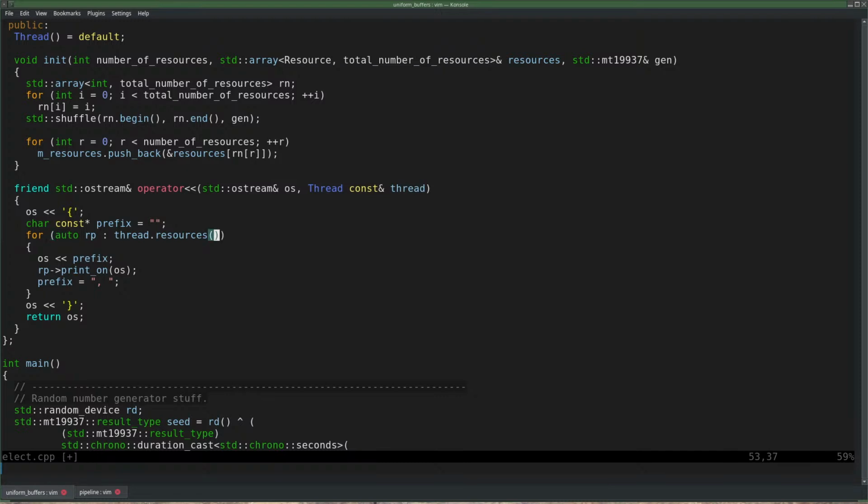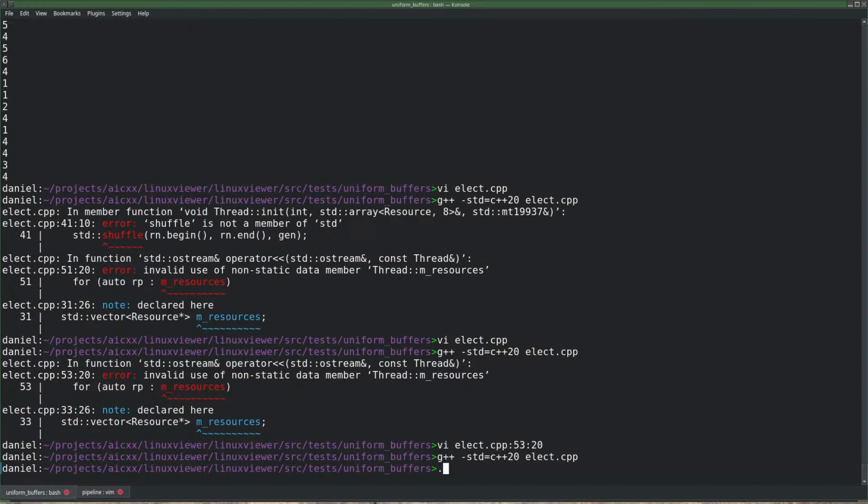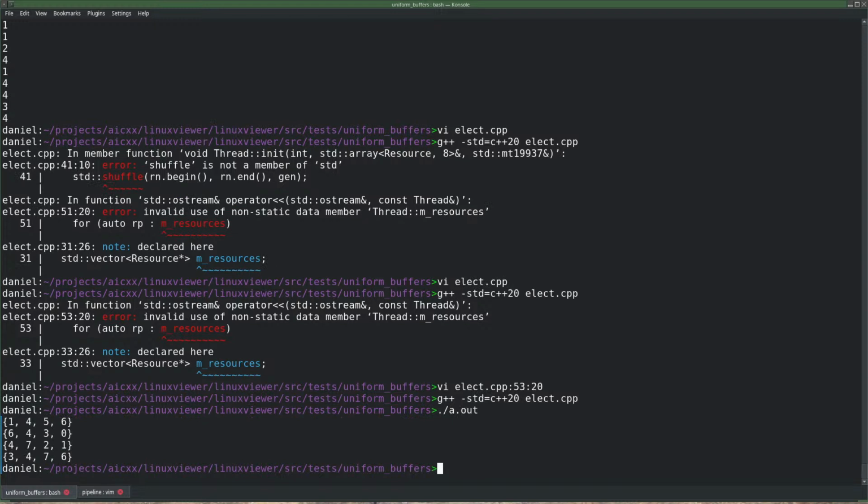That's a friend. Let's just use M resources. That doesn't look random at all. I mean, 4, 4, 4, 4. These numbers look random, but yeah, well, kind of random. 4, 7, 2, 1, okay. Yeah, okay, random enough. So we have 8 resources numbered 0 to 7, and I see all of them being